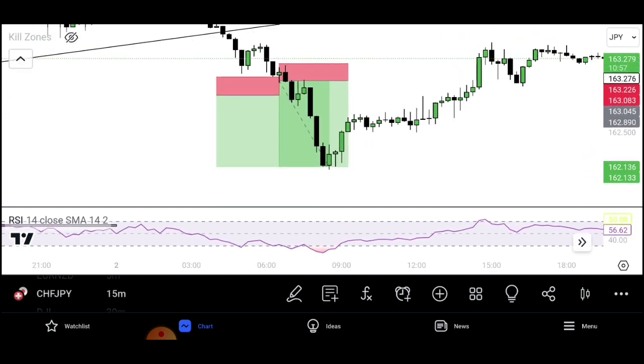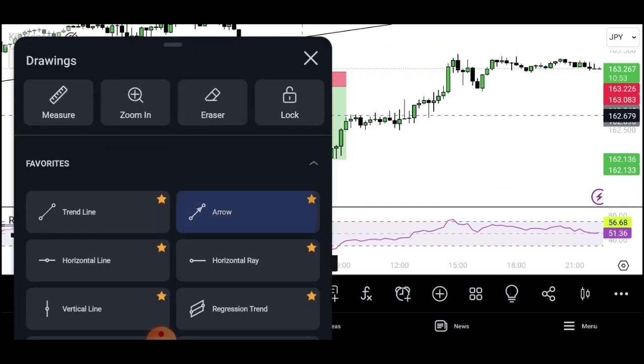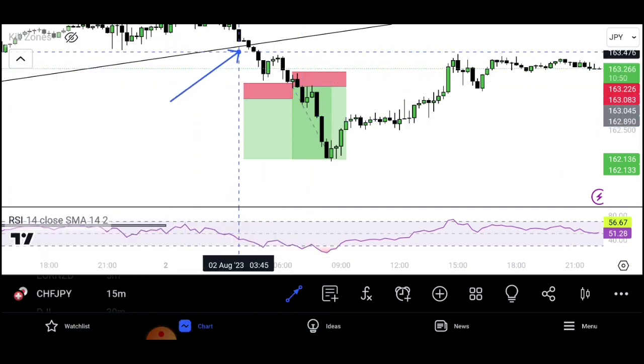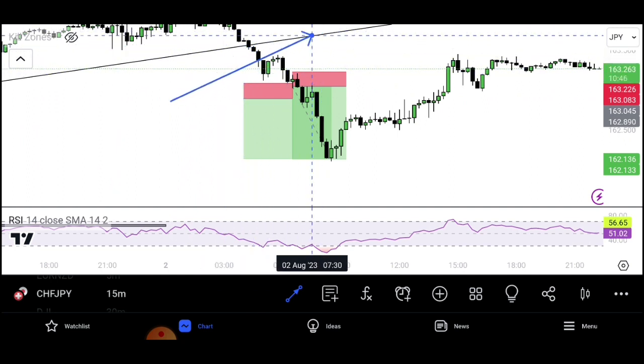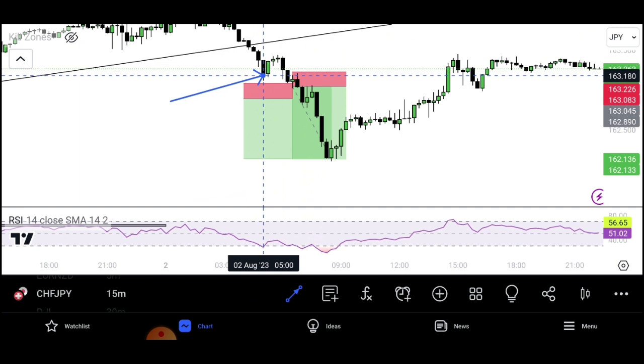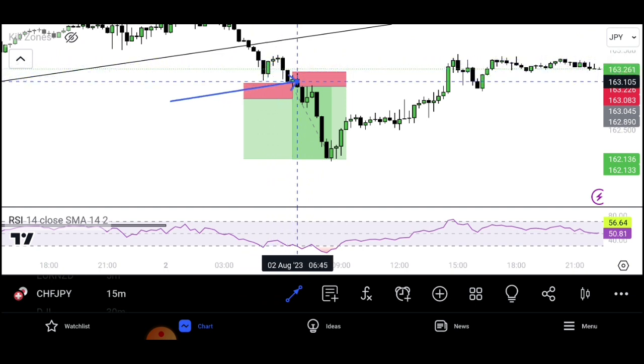So when the trade broke below the trend line around here, you can see, we broke below the trend line. This is the trend, this is the line, right? But it was still very early in the morning, around 5 o'clock. You can see the time right there. And so we started coming down. The London session opens around 7 o'clock in the morning. So around this point right here,